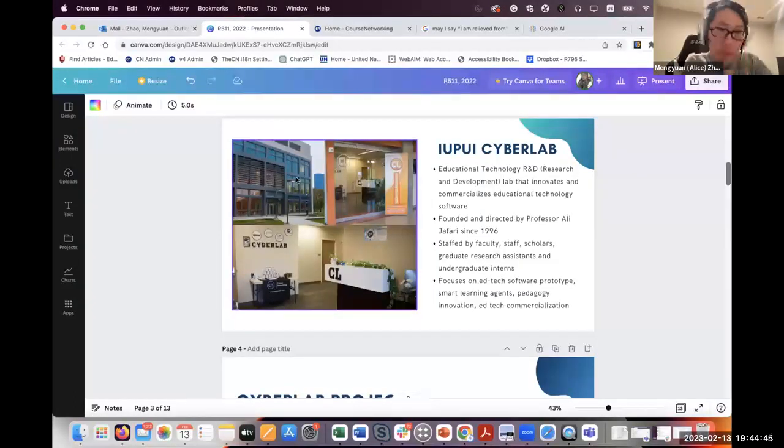This is the technology and science laboratory building right next to the IUPUI library on the IUPUI campus. We got to choose the best location, so we're on the first floor. If you are on IUPUI, feel free to visit us. We're in the engineering and technology or science and technology laboratory building, EL 101.